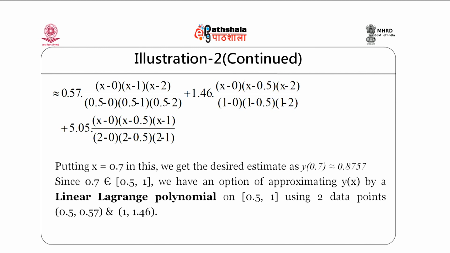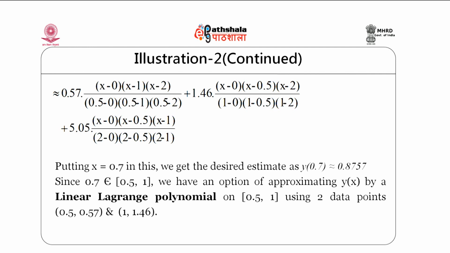See, y1 is 0.5. So y1 will not appear in the numerator there. So y1 is 0.5, and the factor x minus 0.5 is not appearing in the numerator here. And now 0.5 minus 0 into 0.5 minus 1 into 0.5 minus 2 we will get, and similarly other two terms